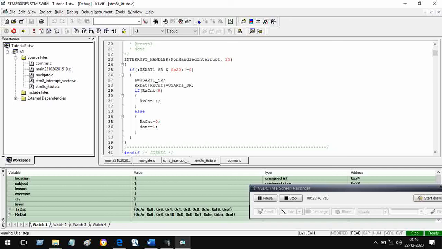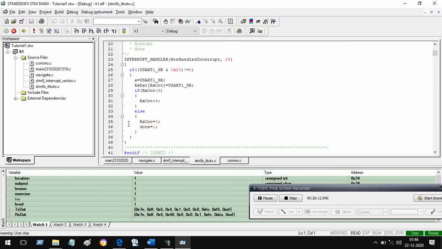So if USART1 SR and 20 is not equal to 0, we check whether the bit is set or not. If the bit is set, then yes, this is the interrupt for USART1. This is a receive interrupt. So the receive interrupt is identified by this.